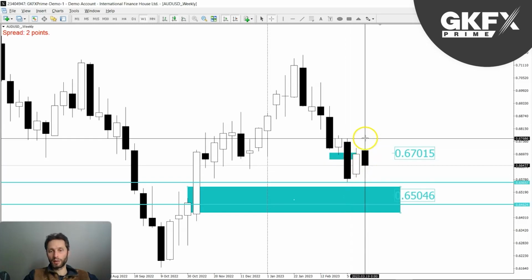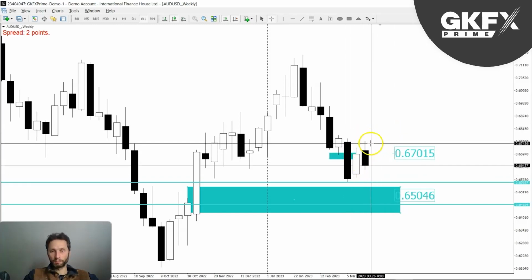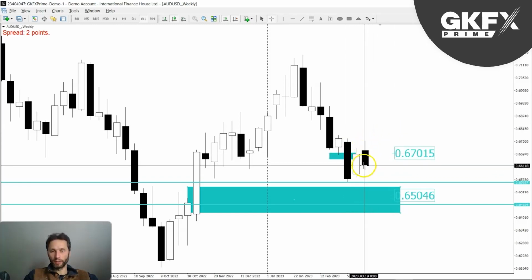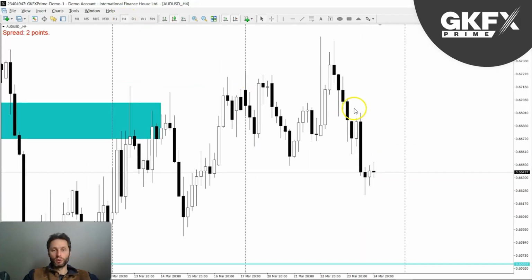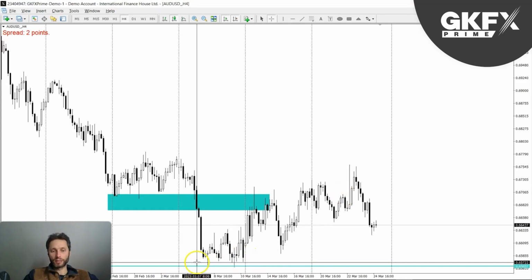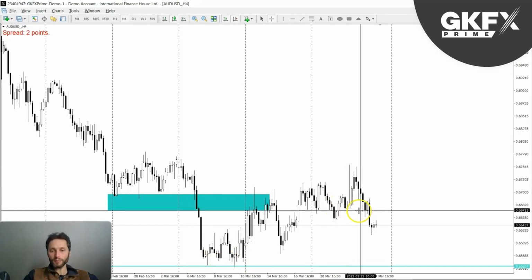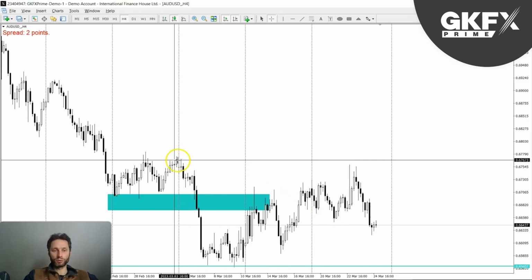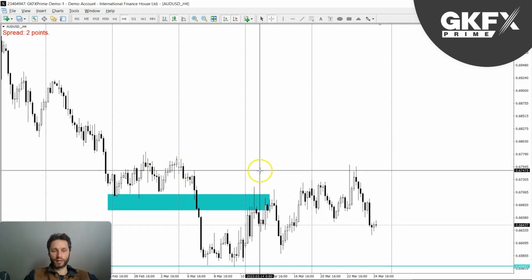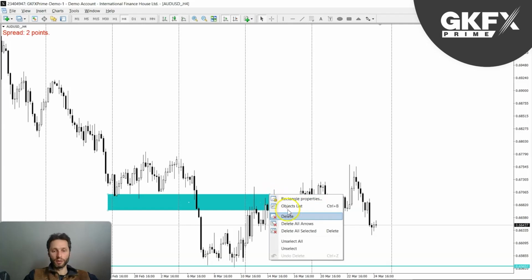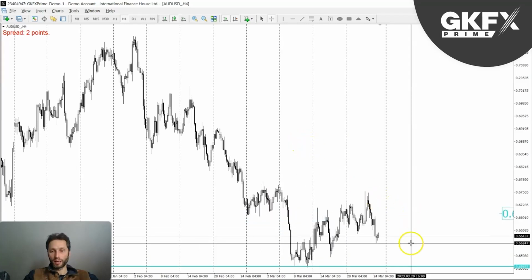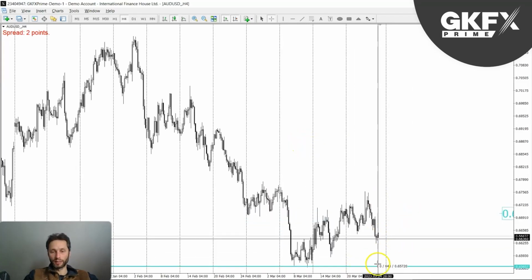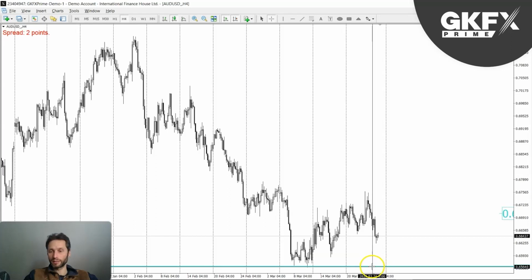We've got this inside bar, and then this last week took the high of the week and reversed, and now closed very bearish. So what this indicates is that we may yet reach this low, especially now as we've broken these structures below and we have not gone beyond this significant high up here. So let me just remove this old one, and I will still have this one as the frame of reference, as a target, 65.